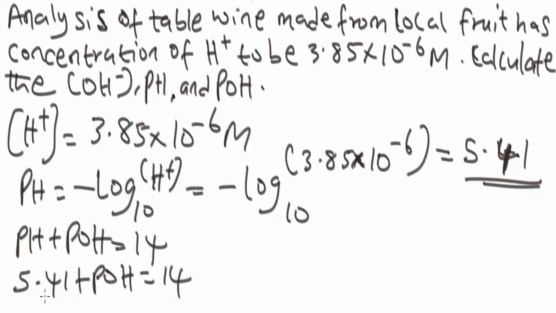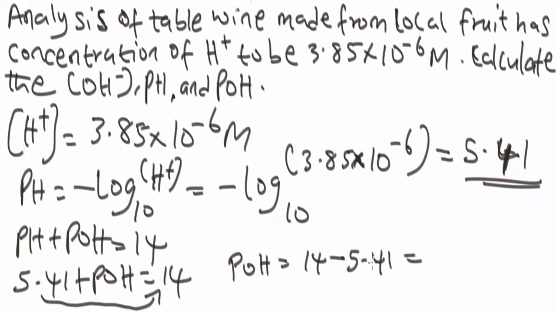You make pOH the subject of the formula. This will cross over the equality sign. We're going to have pOH equals 14 minus 5.41. So let me punch it in my calculator. It's going to give 8.59. Now that we have the pOH, to calculate the OH ion concentration, we're going to make use of